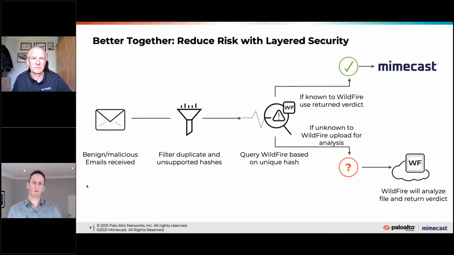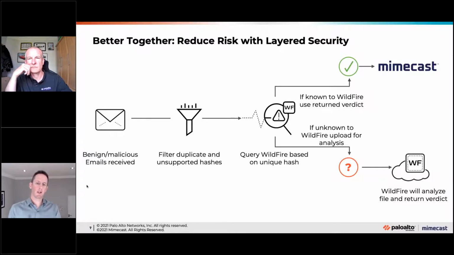When we get into the next piece of this, the email gets sent through to Wildfire. Wildfire says, if I've known it, it's not a problem, I'm going to drop it. I'm very aware of the threats because it's come in via one of the tens of thousands of other sources and customers that you've got. But importantly, should it be something that Wildfire hasn't seen, they can run through the analysis of this and determine if it's a bad verdict, and therefore we can start to analyze that file with a bit more detail, feed back to the customer, and then ultimately invoke some form of remediation.